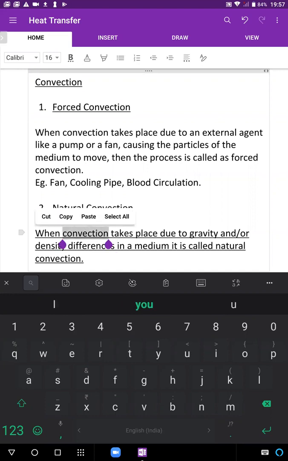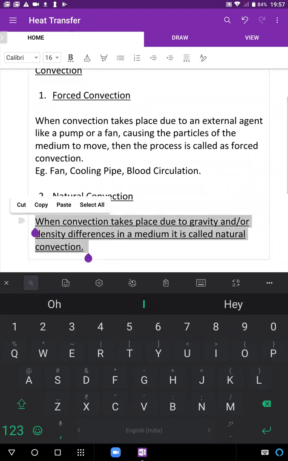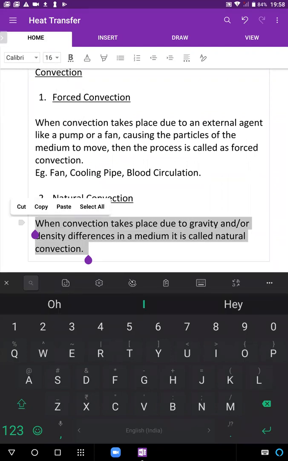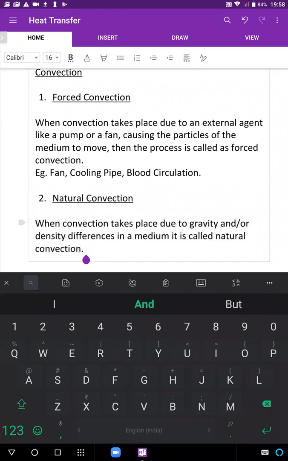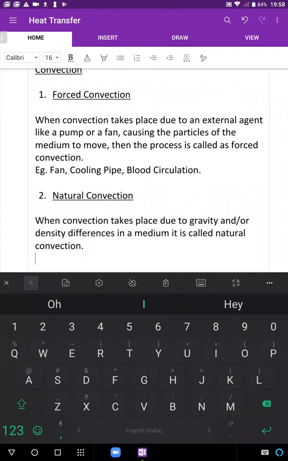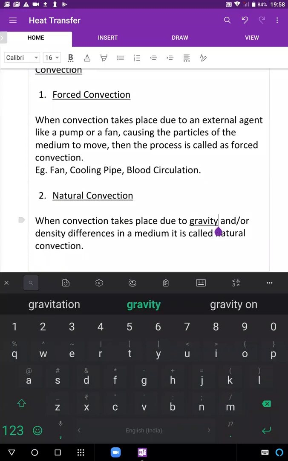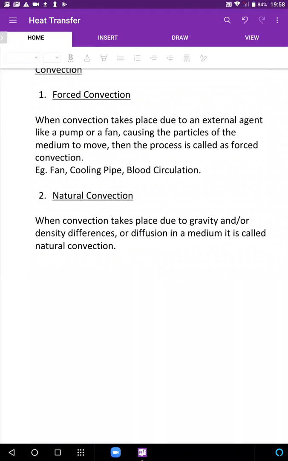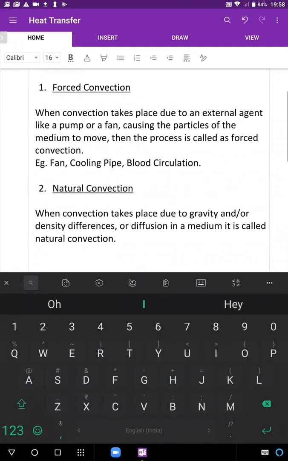Right, so just to give an example of this, natural convection by example, we can say like heating, or I would even say diffusion. You release some hot gas from some point, that gas is going to want to spread out. As it spreads out, it's going to, of course, heat up the surrounding region.